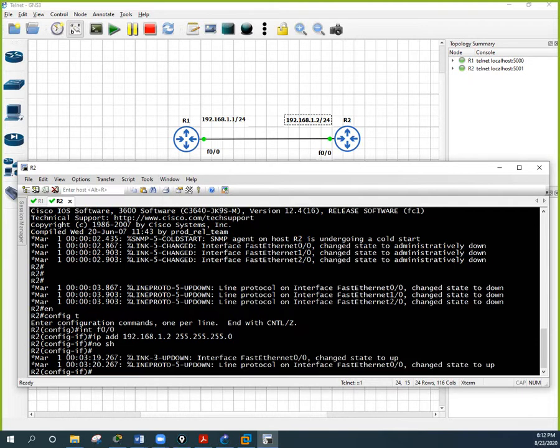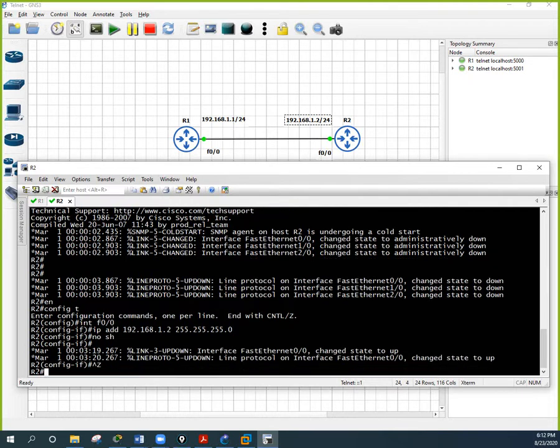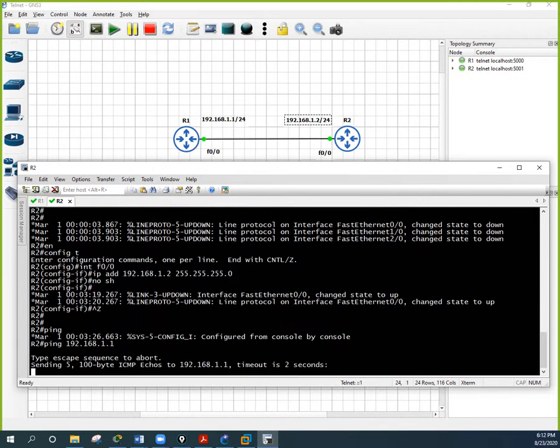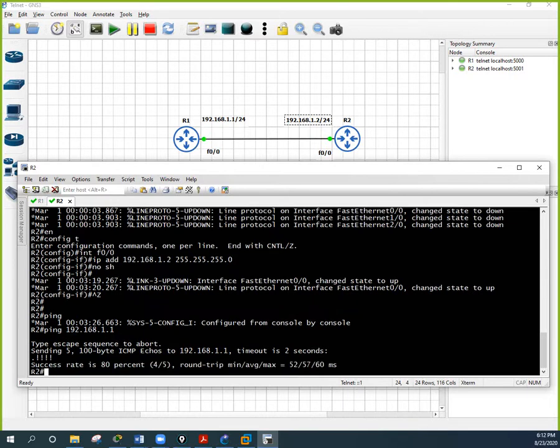Now if we want to check, we can go here and try to ping. I will ping 192.168.1.1. I am trying to ping from router 1 to 2. If you see, we have 4 out of 5, 80%, because one packet is dropped for the ARP. As we discussed in our last class, ARP, Address Resolution Protocol, is used to get the MAC address of this interface.